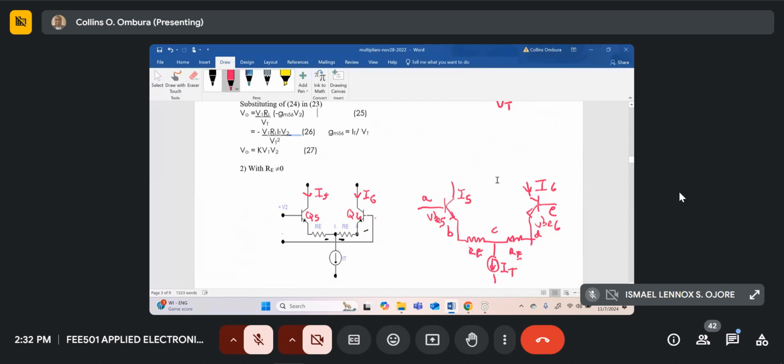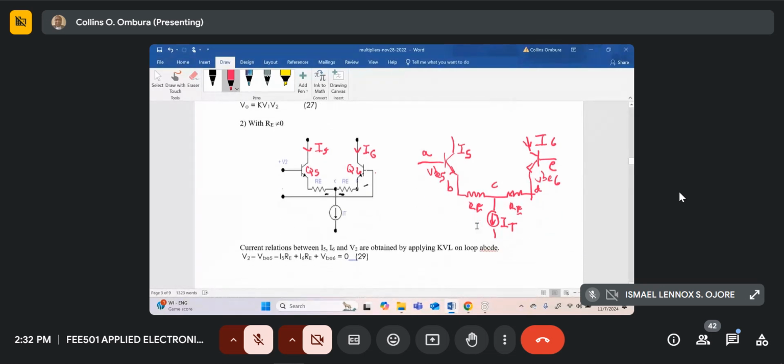I've drawn another circuit over here just to save time in the analysis. So once again, what we want is the relationship between I5 and I6 as a function of V2. So for this, we'll apply